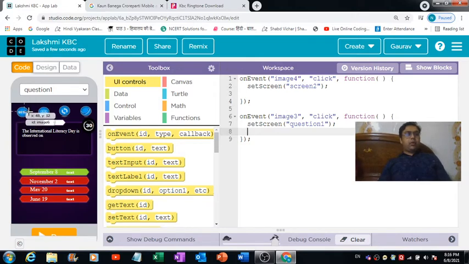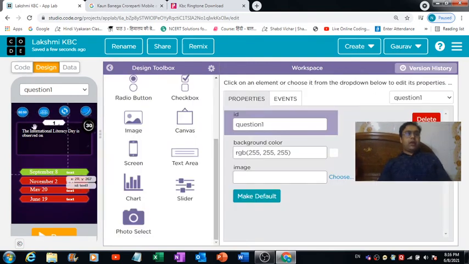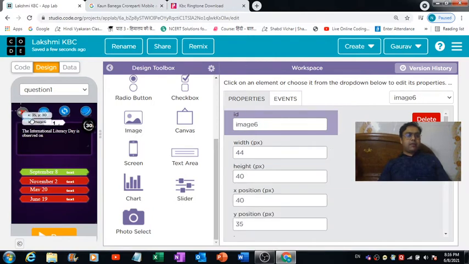Now there are 4 different image buttons I have used right on the top over here, in which you are able to see 4 different lifelines. Right. Now how I have designed this screen, now below these lifelines we have an image button where the lifeline has a cross on it.